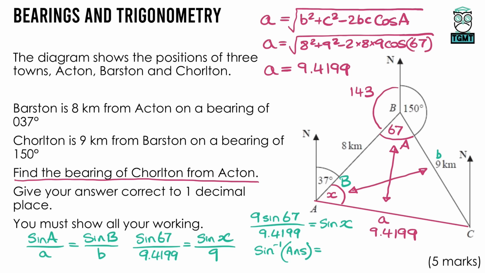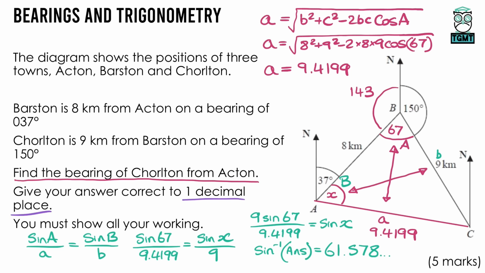I'm going to press sine inverse, and I'm going to put the fraction into my calculator straight from there. So 9 sine 67 on the top, 9.4199 on the bottom. And there we go, our final angle there is 61.578, and a few more decimals. Now this question wants our answer to 1 decimal place, so we're going to need to round it anyway, but